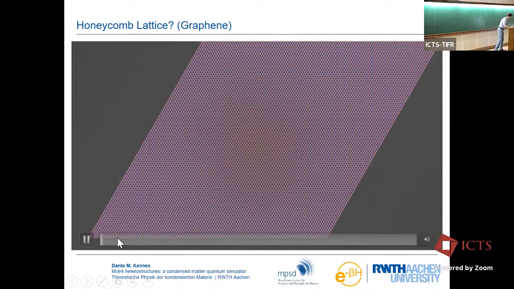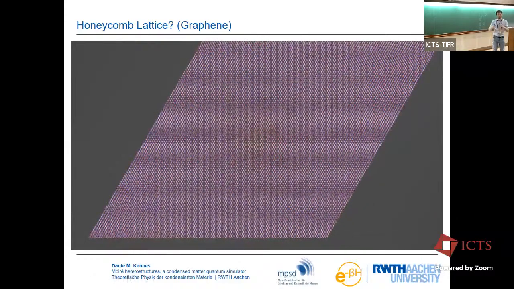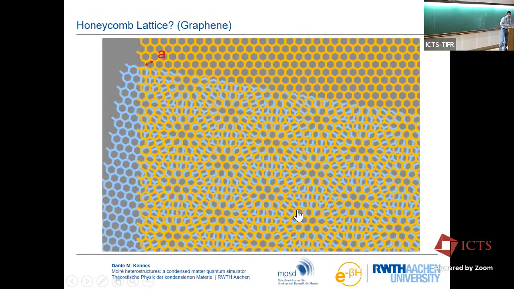So if you do this, and we have seen this before, you get a large Moiré unit cell, a super pattern, by the effect that we have just described. And in this Moiré unit cell, you have different stacking registries of your carbon atoms. Sometimes your carbon atoms will sit dead center on top of each other. These are called AA regions. And sometimes they will be displaced a bit. And that defines a varying local registry of the carbon atoms. And now you can ask, how does this affect the physical properties, electronic properties, phononic properties of my crystal?